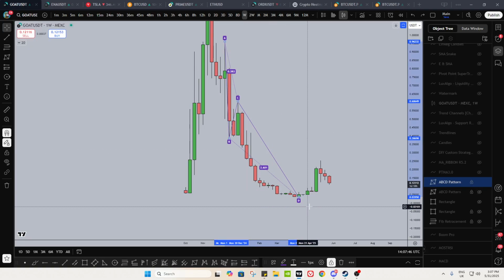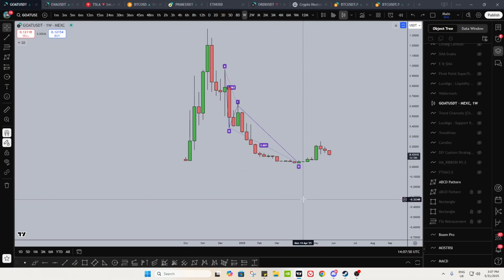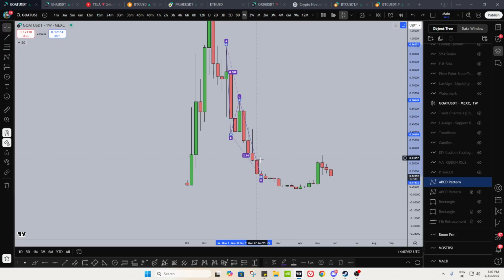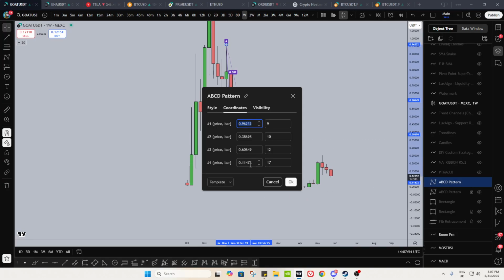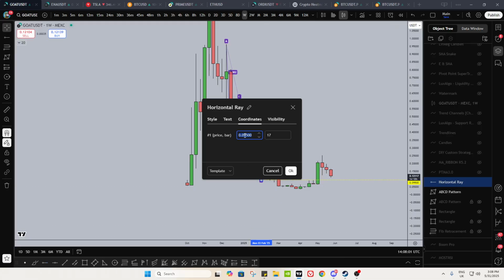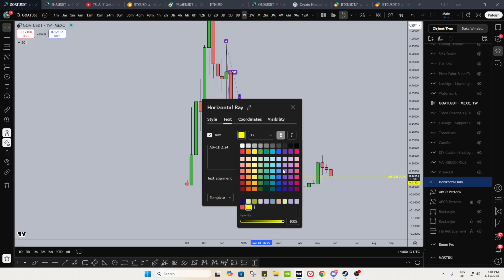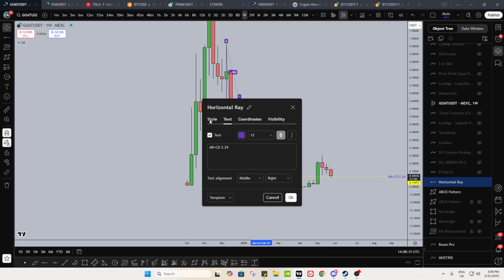Okay, but 2.24 on this one, right? Let me just put some levels down on my screen. One second here. I'm just gonna rapid fire some charts your way. So this is 2.24, AB equals CD 2.24. I don't have any goats. Will I trade it? That's what I'm trying to look at.